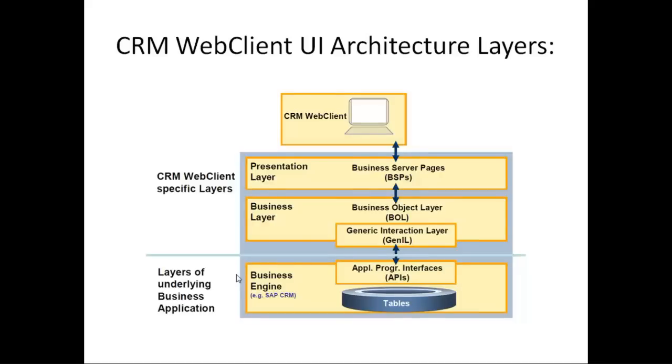That is, how the data flow happens to and from the web UI: if in the CRM web UI screen the user is searching for some data, then the presentation layer will pass the request, that is the button click request, to the underlying business layer. And here BOL and GenIL will decide which object the user is searching for, what sort of business data the user is requesting. Once this is identified, the same will be communicated to the underlying business application layer, that is